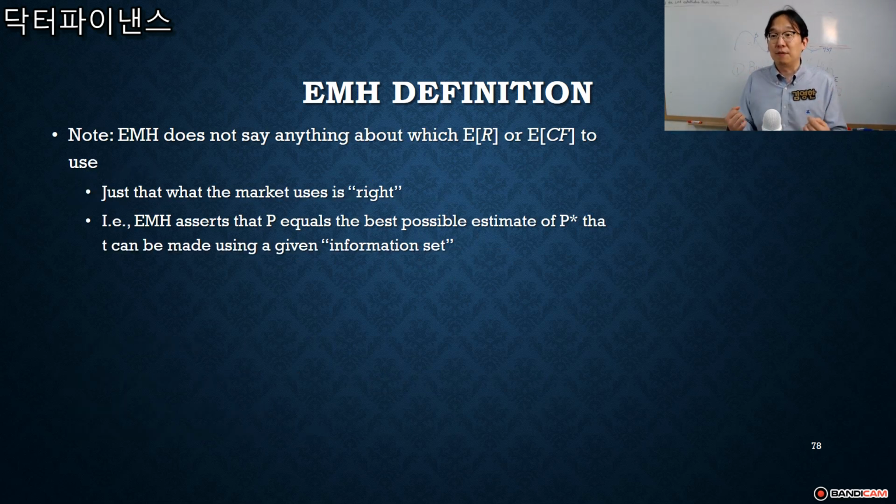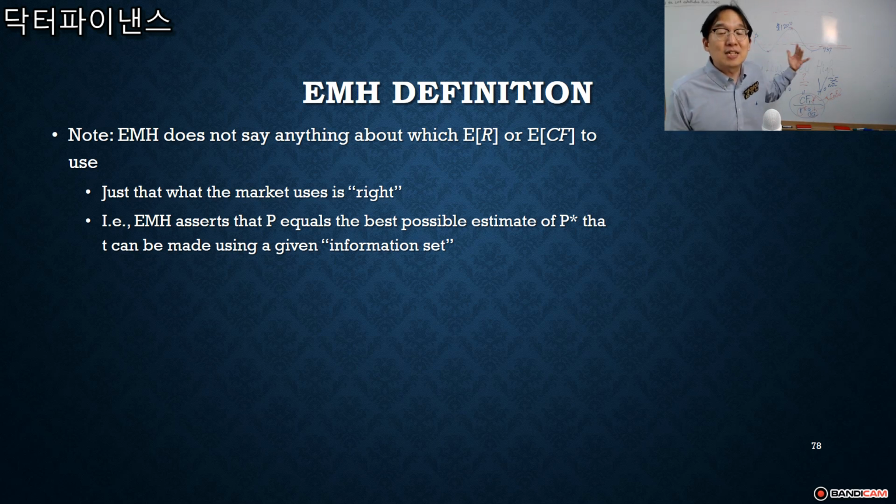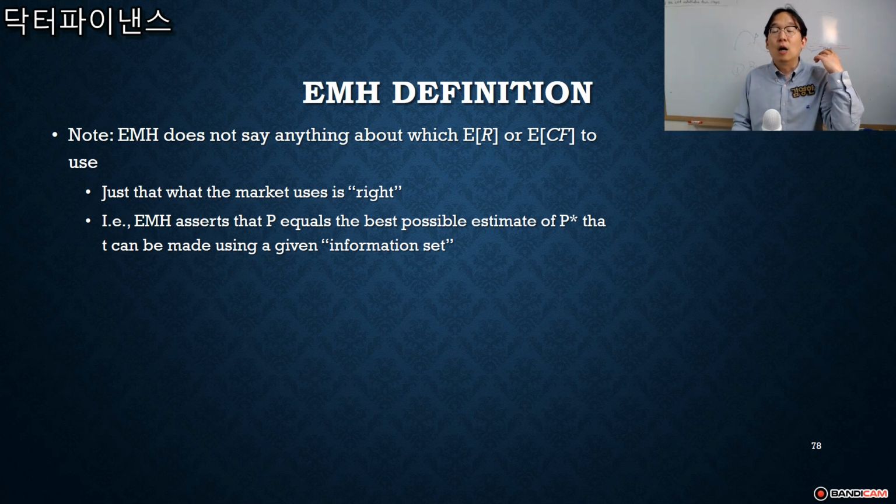And let's believe that the price is equal to the true value in the long run and in the short run, and on average. It's not saying that each and every single stock's price is reflecting the true value for each and every stock. No. But on average, it should be. And Eugene Fama says the price behaves as if it reflects all the information. As if. He never says that it really reflects it.